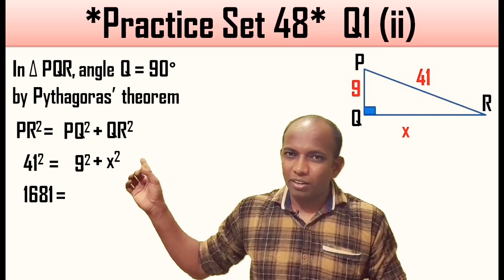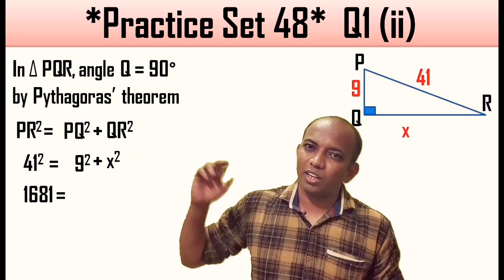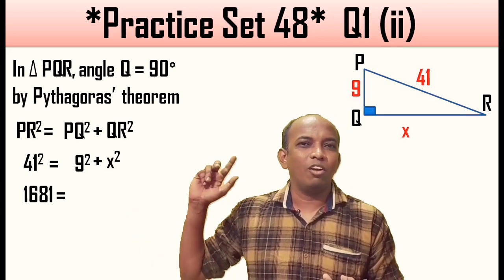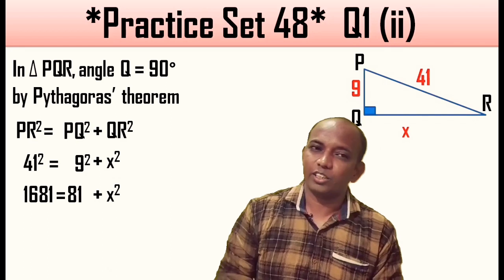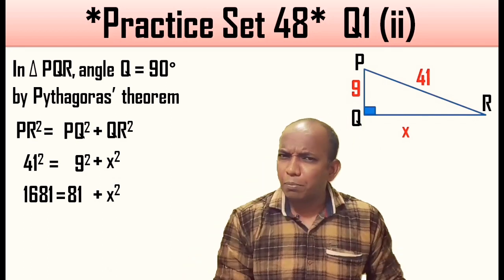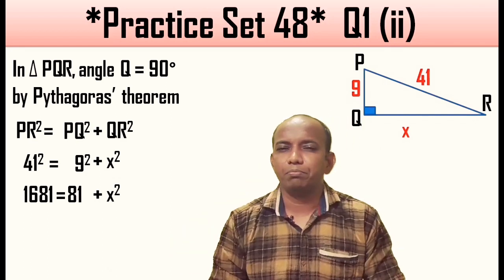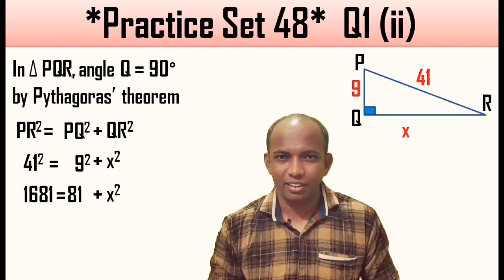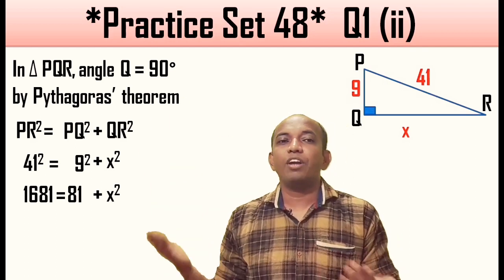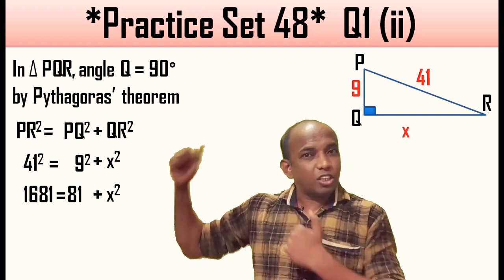Next number is 9 square. The moment you carry out the multiplication again, 9 nines are, we get the answer 81, and the x square will remain as it is, so I have written plus x square. The last step is what, that fourth step? Yes, whichever numbers we got after squaring the given details, we have to subtract those numbers. Why subtract? Check out over here.